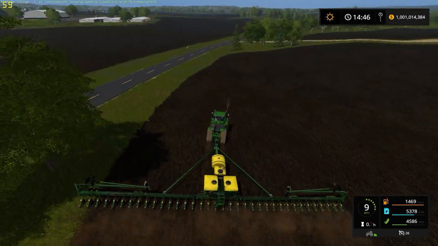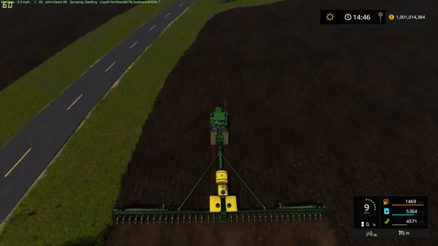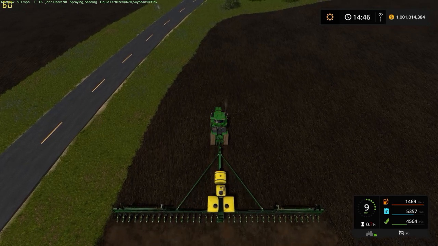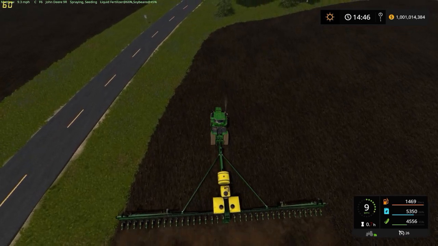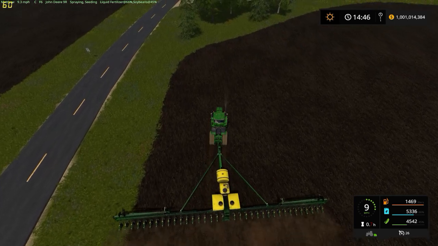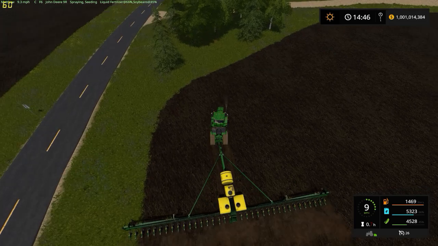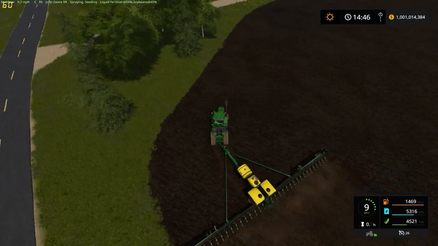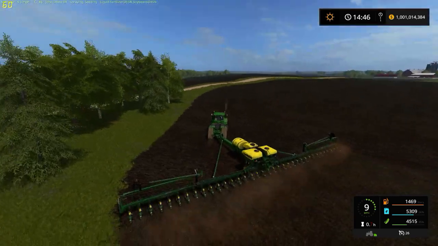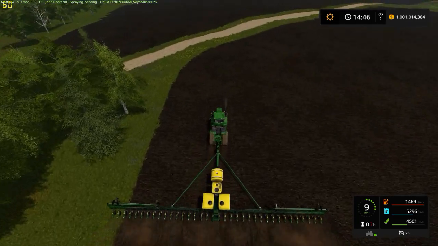DB90 is everywhere, but I think it's on American Eagle modding or American style modding. It's John Deere DB90. And this one has row markers. Not sure where that came from, but